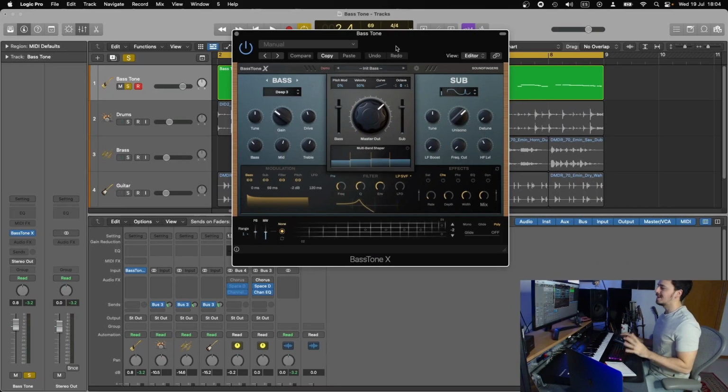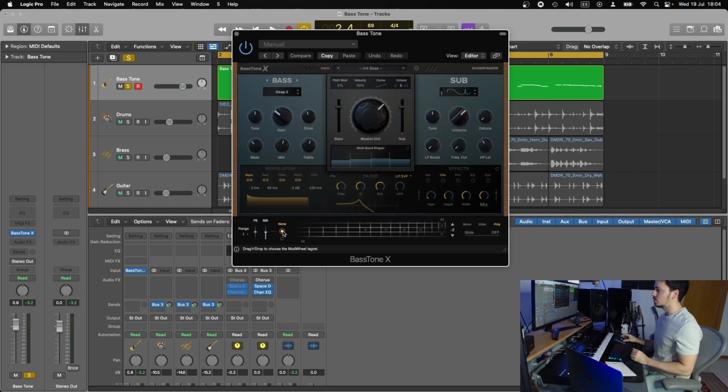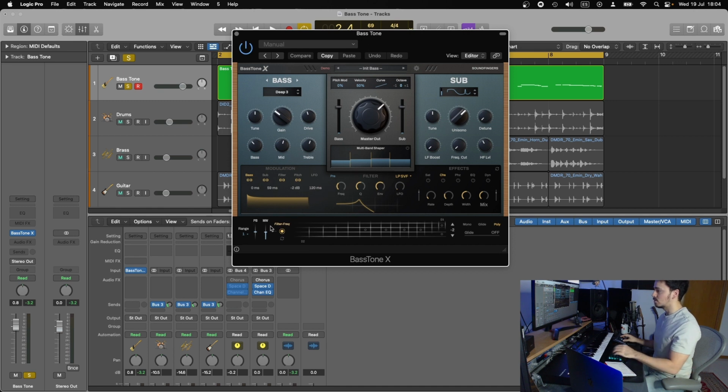Something that I really like about this plugin is that you can actually link your mod wheel into one of the effects or filters, so you can play live and modifying the synth or the bass while you're playing. So you can link your mod wheel, right, that you have in your keyboard by dragging this yellow knob we have right here into one of the filters that you want to play around. So for example, I'm gonna link this into the pre-filter. So now that I moved my mod wheel,